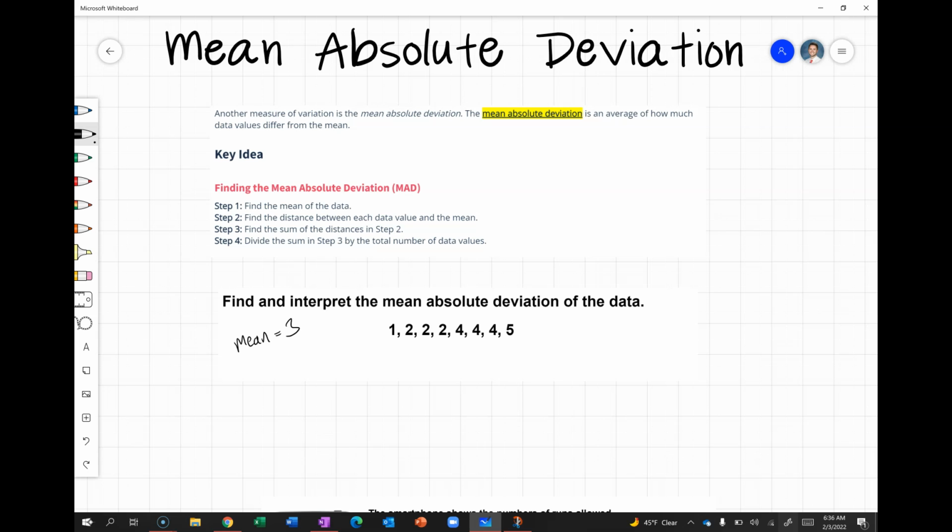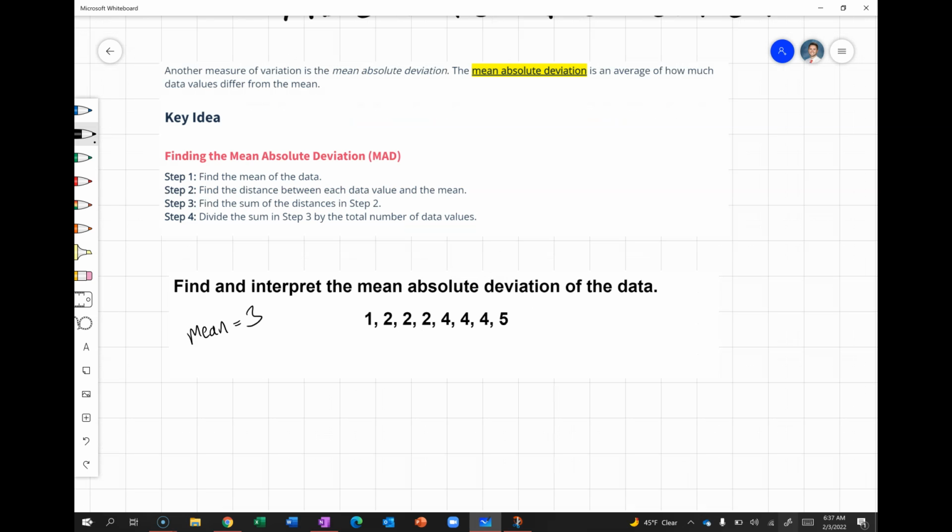And then we want to look at how far each of these data values is from 3. So starting with a 1, that's a distance of 2 from our mean. This would be 1, 1, 1, 1, 1, 1, and 2. So then if we were to find the mean of all of these values, right? So these are the new values we're using. Again, we want to look at the average of how far away each of these points is from the mean. So we will find now our mean absolute deviation, MAD,